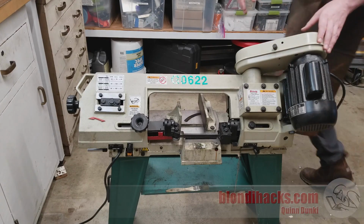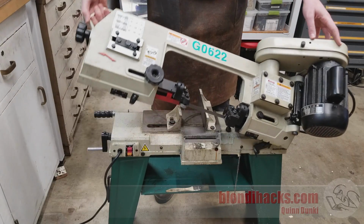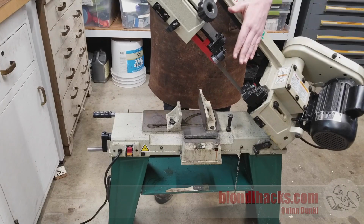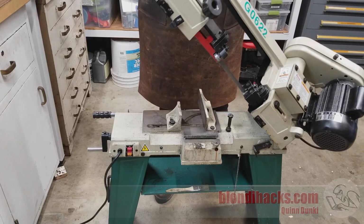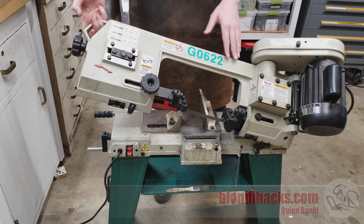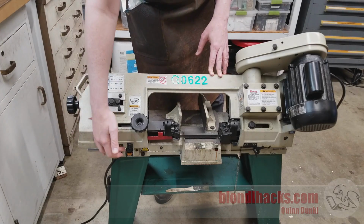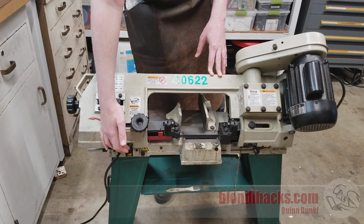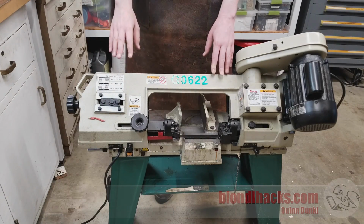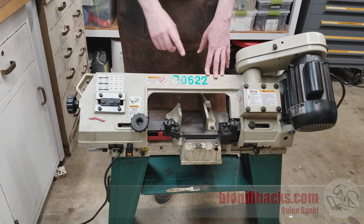So the way these guys work is you clamp your stock into the vise here, and then this whole thing lifts up, and this top casting here is very, very heavy. You put your stock in there, turn it on, and the blade runs, and the weight of this casting pushes the blade down through the stock. There's an off switch over here with a little tab that trips, and it shuts the machine off when the cut is complete. So these guys are very, very convenient, especially with that automatic shutoff feature, because the thing about these guys is